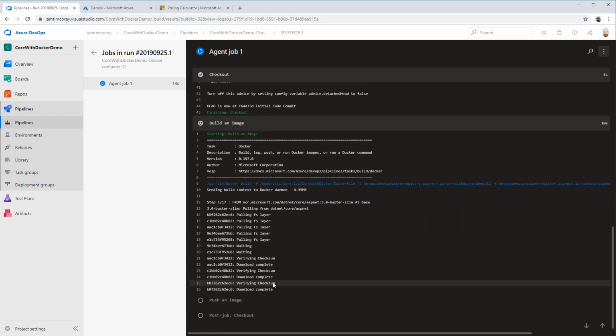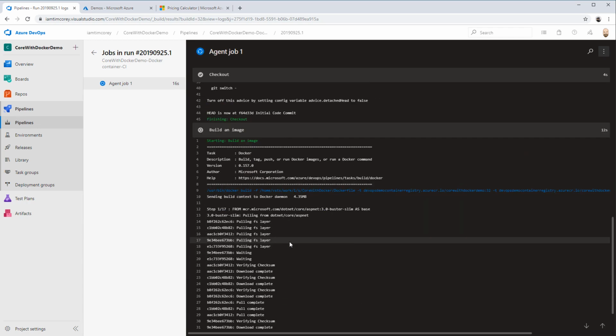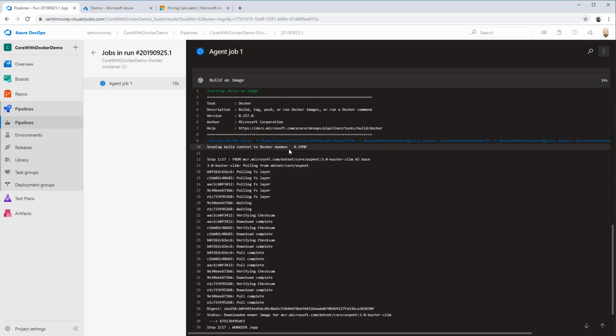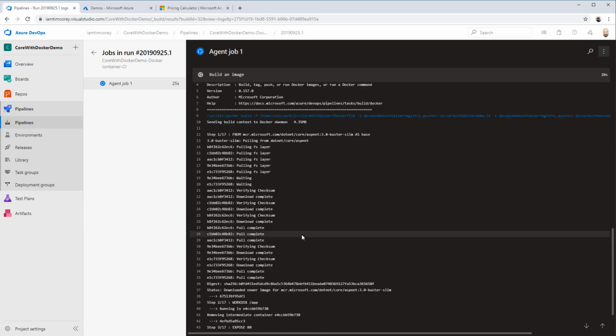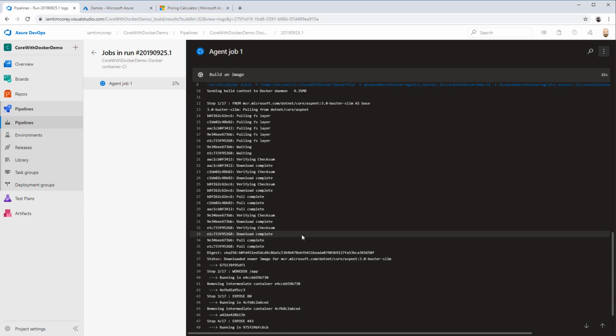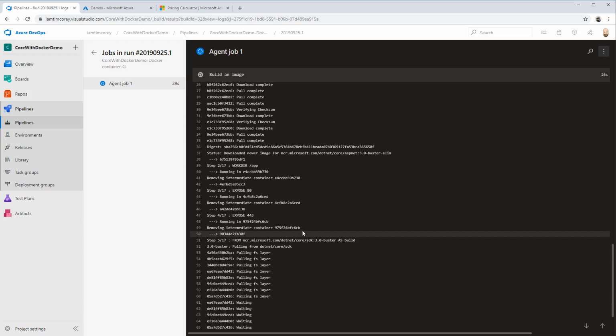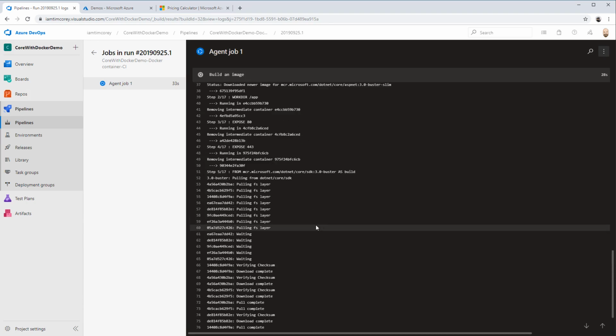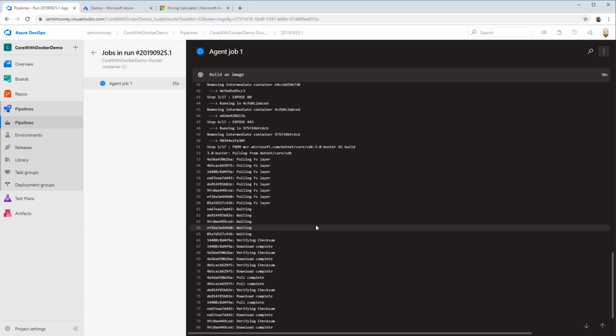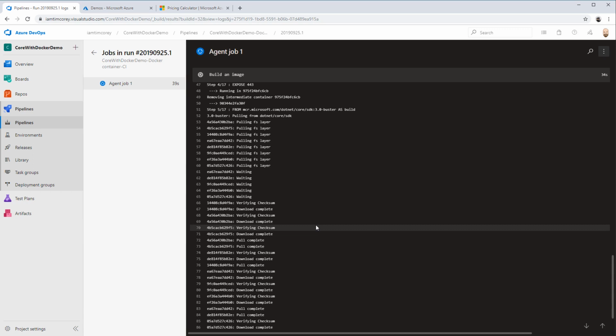Notice there it's pulling down those layers. This is where having your own build agent instead of using Microsoft's will be helpful, because it will have cached this pulling down the layers and won't have to do that every time. It'll make your build a lot faster. So now it's doing step 5 out of 17. This is a pretty informative process in the fact that it tells you exactly what's going on at every step, and you know